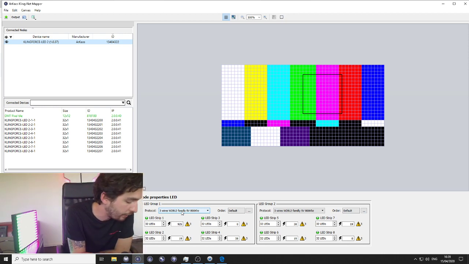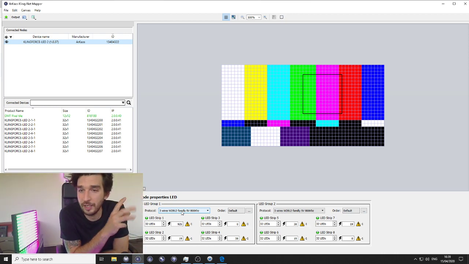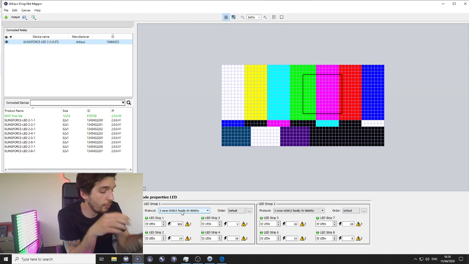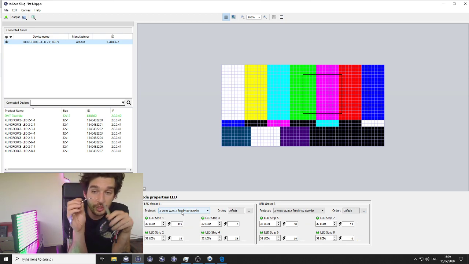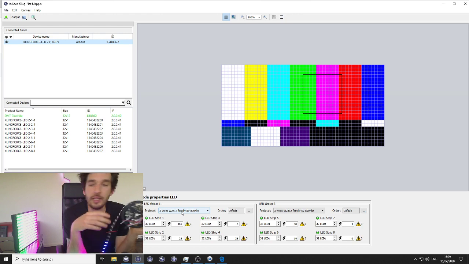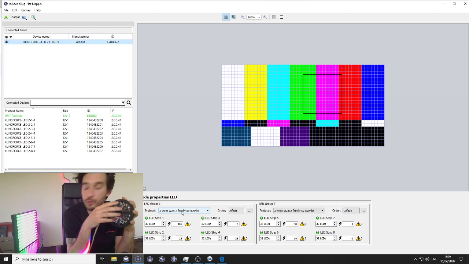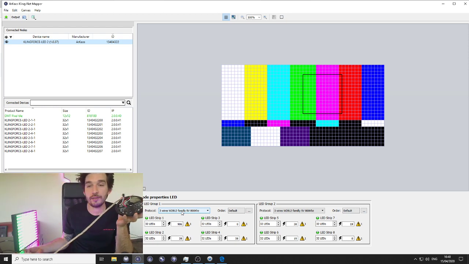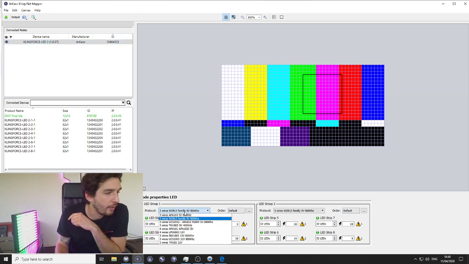You should know which protocol your LED chip and your tape use. That's written on the box, basically, and you should know it before you buy it. There are some 5 volt, some 12 volt, and some tapes with 3 wires, 4 wires. There are a lot of different protocols. From that drop down, select which protocol